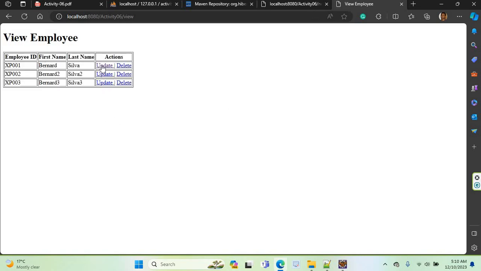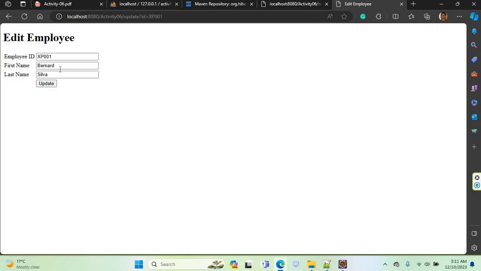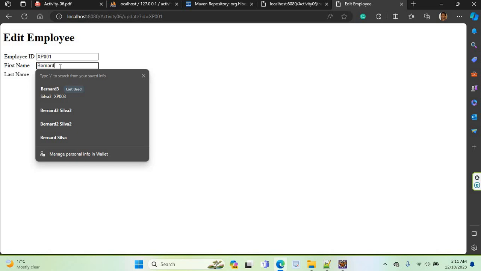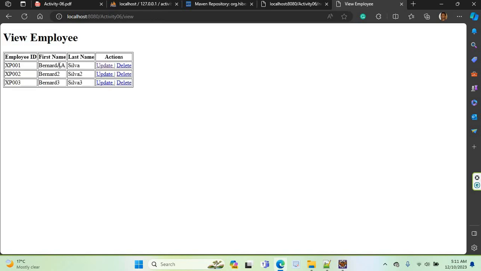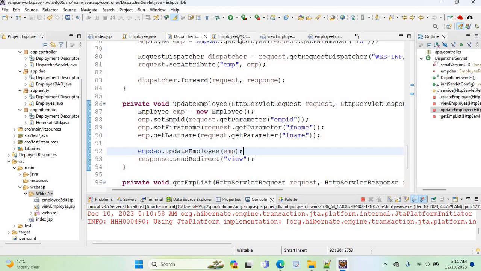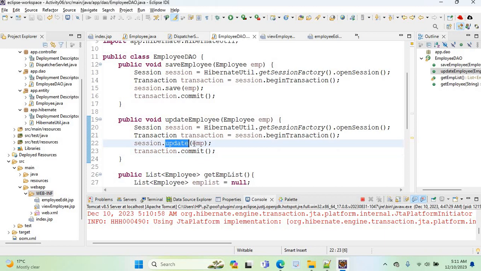So this is the view. So I need to update. So I will click update. So now, Bernard, I will use Bernard AA and click update. Oh, now you can see it's Bernard AA. So very simple. Okay. So we have used this update method, which is there in Hibernate, and we have